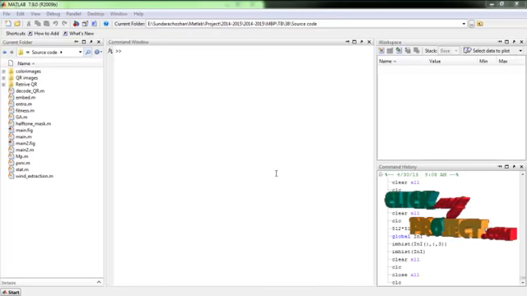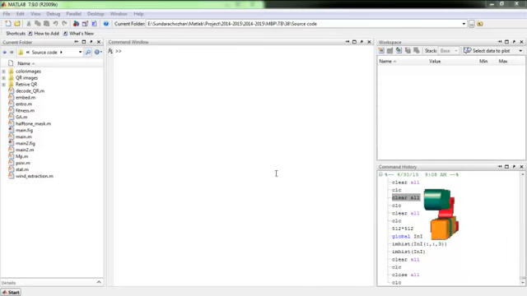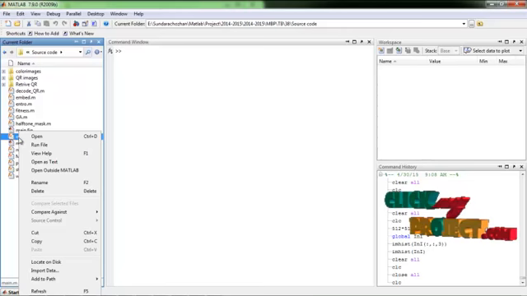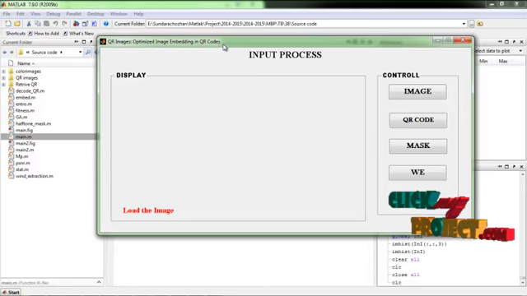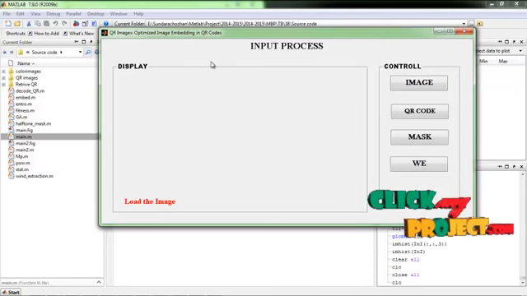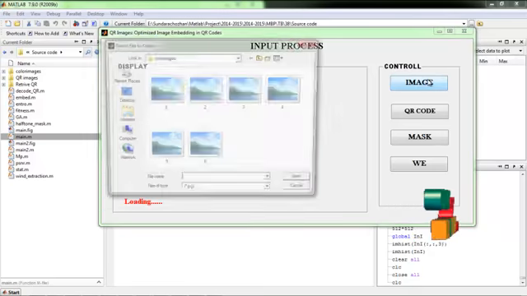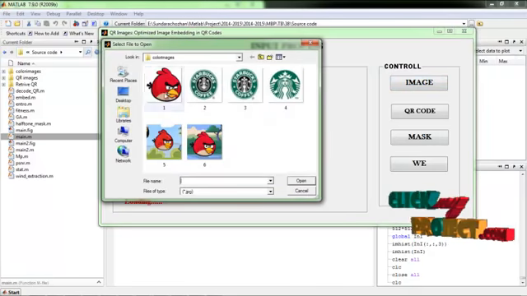Now we see the demo of our process. Open the MATLAB source code, right click main.m, and run the file. After running the code, the input process guide will open. In this process guide, first we load the input color image by clicking the image button and choosing any image